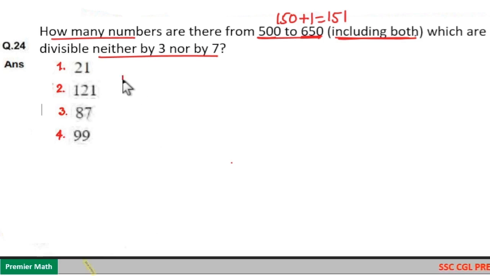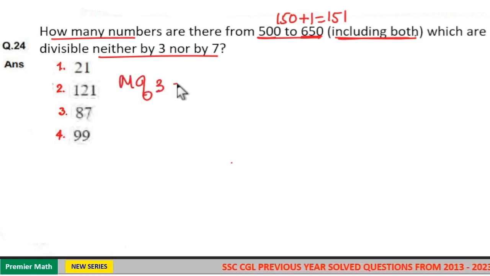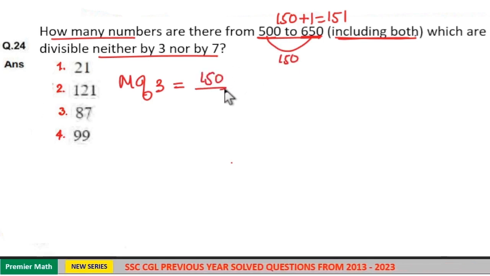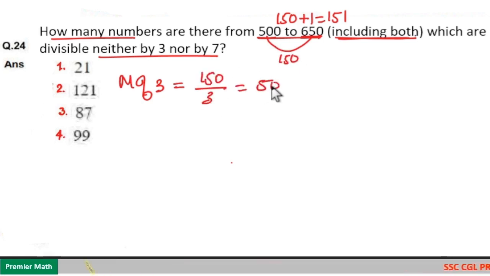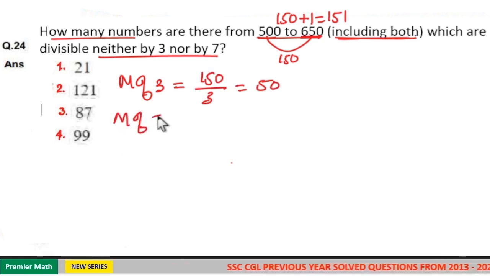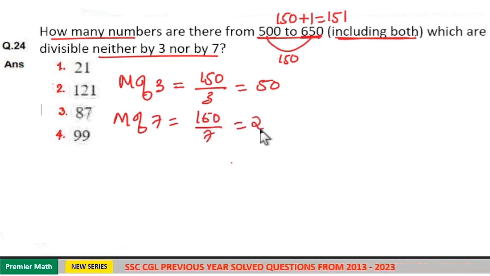Now for multiples of 3 between 500 and 650, the difference is 150. 150 divided by 3 is equal to 50 numbers. And for multiples of 7, the difference 150 divided by 7: